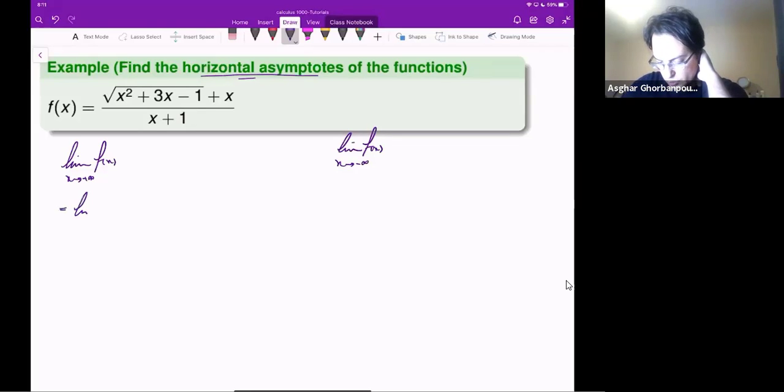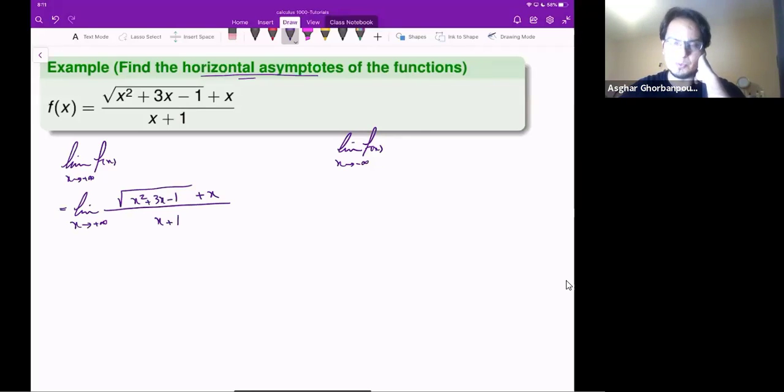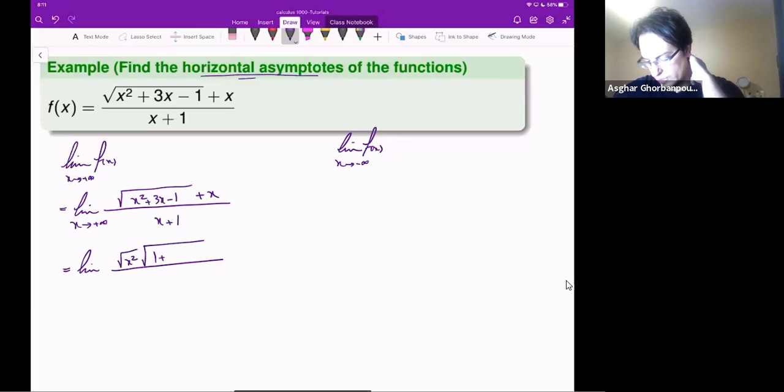Well, when we do the first one, you notice that we have worked with these before. Yes, we did. Actually, if you go back to those three examples, you saw that I will factor out the highest powers of x. So in the numerator, I will have root x squared, root of 1 plus 3 over x minus 1 over x squared, plus x. And in the denominator, 1 plus 1 over